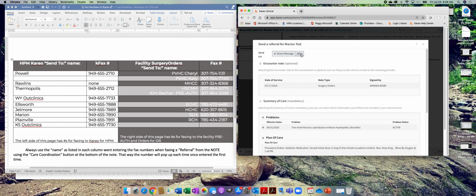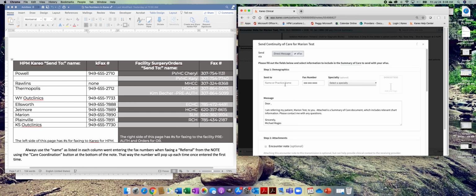Up at the top, click over on eFax, and here's a little message, but on the eFax you can type in PVH. I haven't used that one, so let's see, who did I use here? Marion, I did SLH. So I've used in the Marion facility SLH right here, and it comes up, and then I don't have to retype the number once I've typed it once and used it to send. Or you can send it to